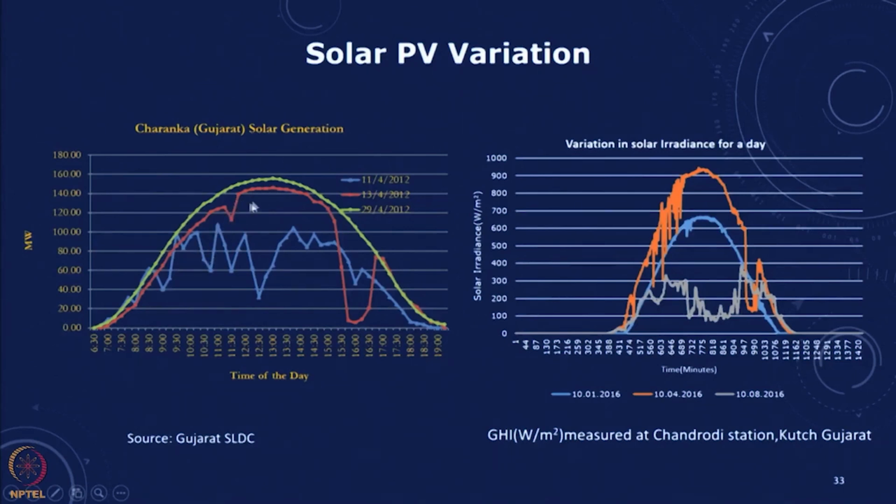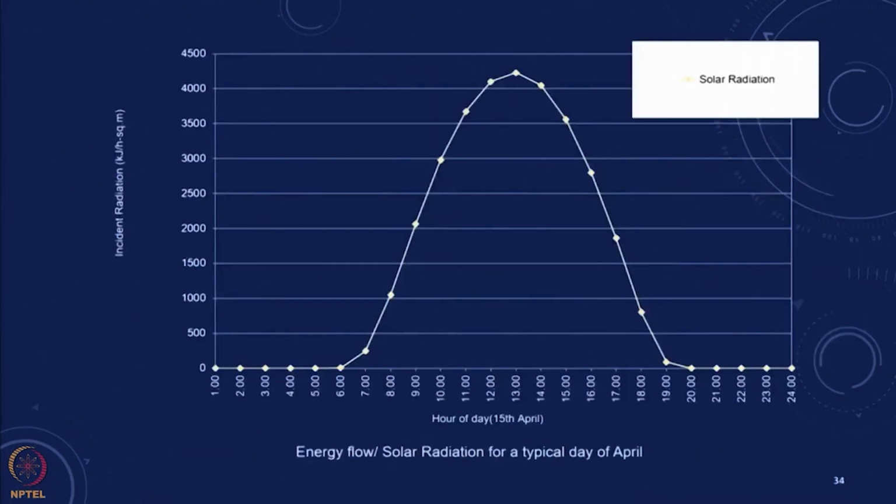On another day there is some cloud cover at this point, and then there are cloudy days. This one is a cloudy day with a number of cloudy hours and disruptions. So these are the kind of things which I told you, in terms of the interruption and the variability which is there in solar. Solar is much more predictable, as we said, and you can measure,